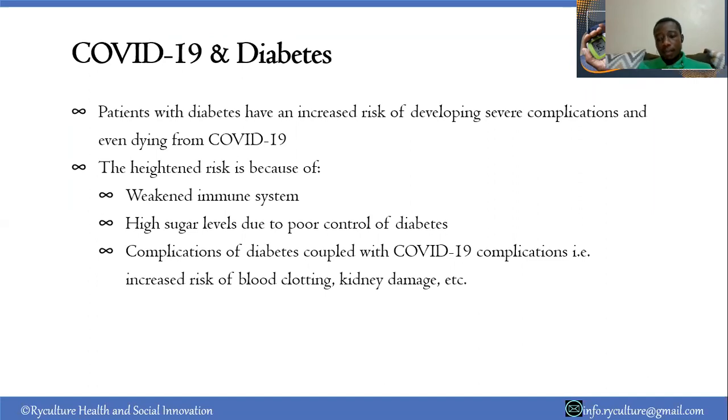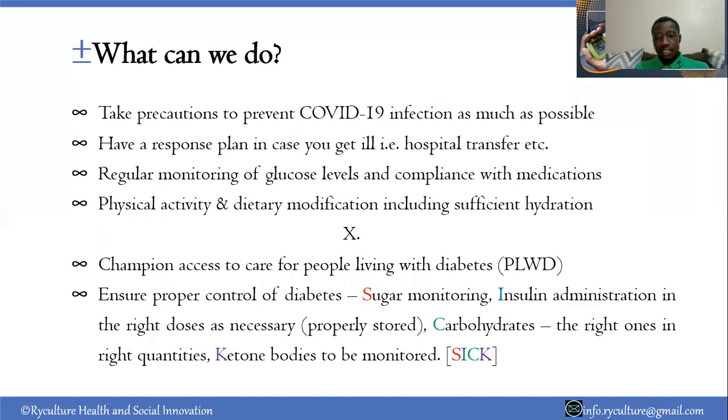So from that point, we have to look at what are the things that we can do to ensure that we protect them from getting an infection. To protect them from getting an infection, one, we have to ensure they stay as much as possible within the houses where they stay, avoiding contact with other people, because we understand the main mechanism of transmission is through contact with people or through breathing, inhalation of respiratory droplets, coughing, sneezing, or contact with surfaces that have the particles.